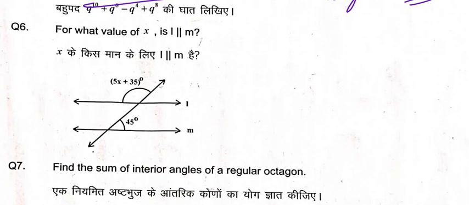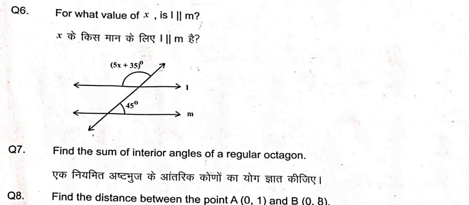Now moving to question number 6. This is very simple and this question was also asked in the model test, just the place has changed. So what you will do in this question, as you saw, L parallel to M is already given. So this line will be the transversal. You have to take this angle as the vertically opposite angle. So it will come 5x plus 35 degree, and then you will write, as you know that the sum of interior angles of the same side of the transversal is 180 degree. So first of all you have to write vertically opposite, then you have to apply the sum of interior angles of the same side. So here you will write, since